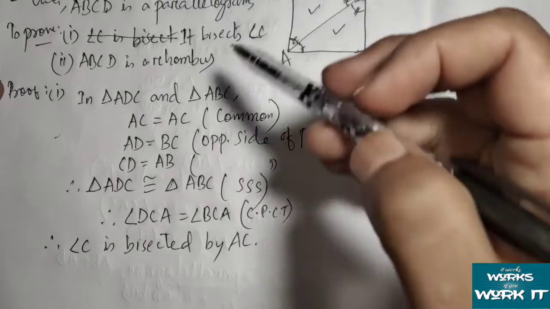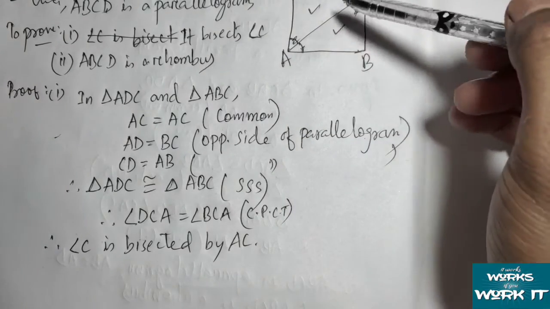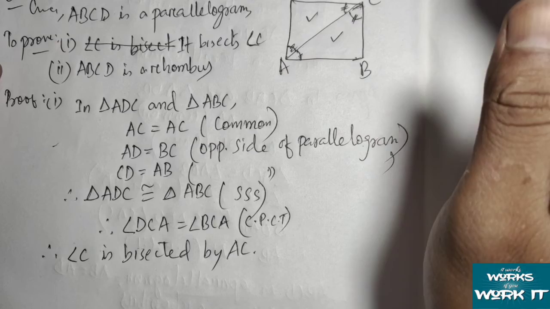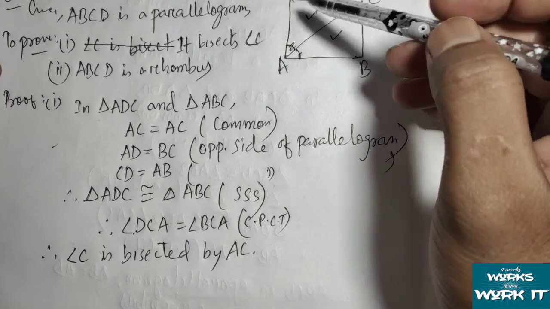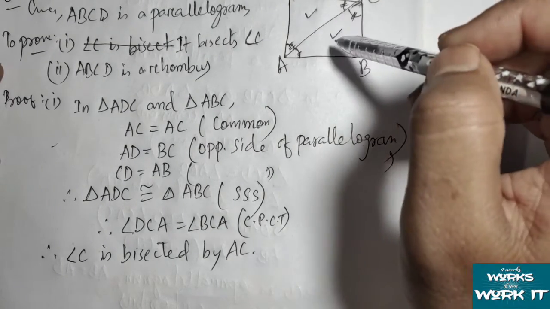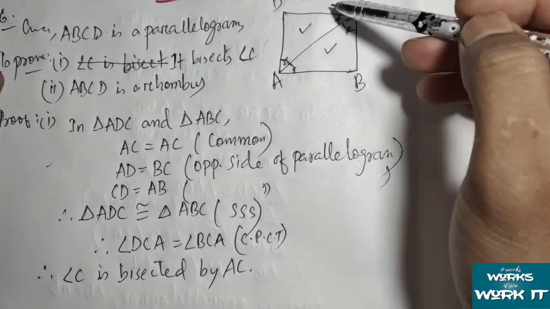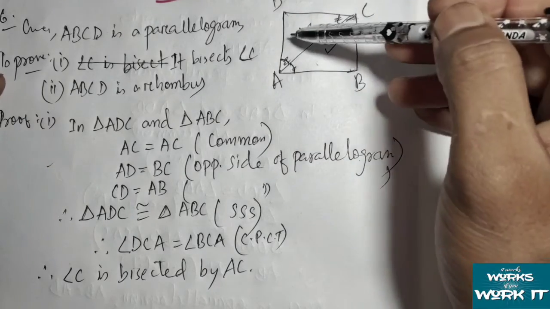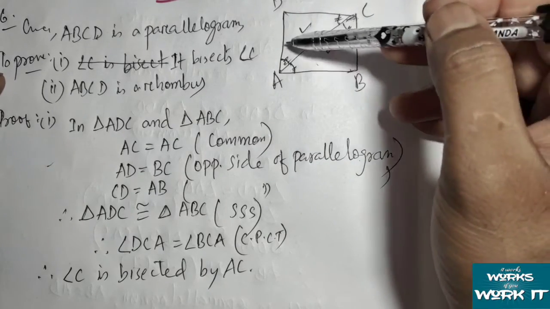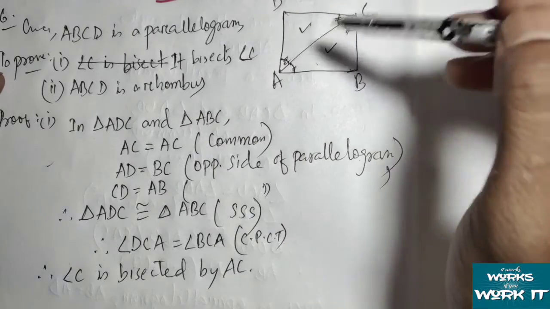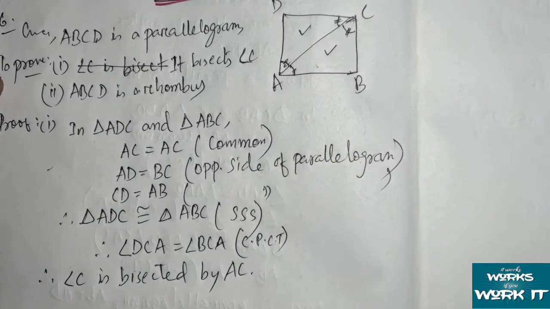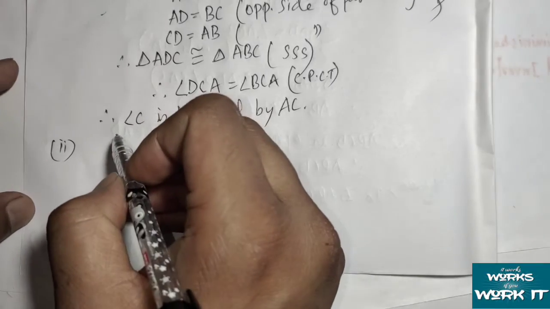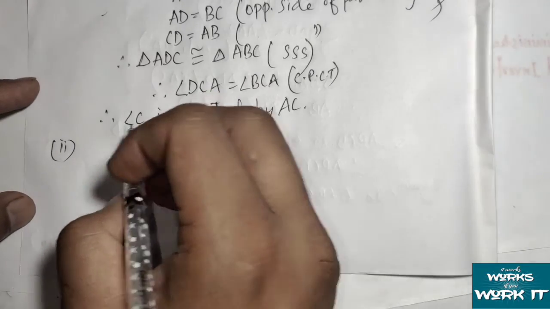So for a rhombus, if we show all four sides are equal, then directly we can write ABCD is a rhombus. Now we have already got that this is a parallelogram, so its opposite sides are equal. So if I show two adjacent sides equal, then we can write directly that ABCD is a rhombus. Okay, so now we will prove question number 2, that is ABCD is a rhombus.